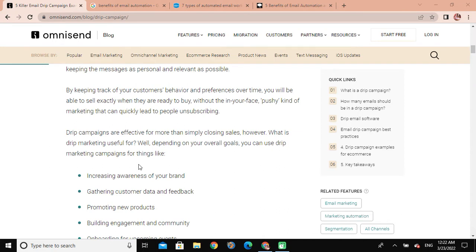By keeping track of your customers' behavior and preferences over time, you will be able to sell exactly when they are ready to buy, without the in-your-face pushy kind of marketing that can quickly lead to people unsubscribing. Drip campaigns are effective for more than simply closing sales. However, what is drip marketing useful for? Well, depending on your overall goals, you can use